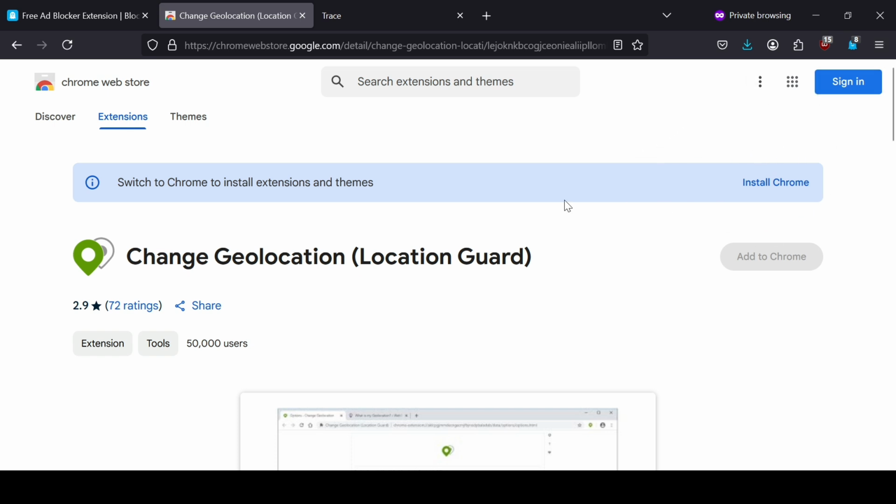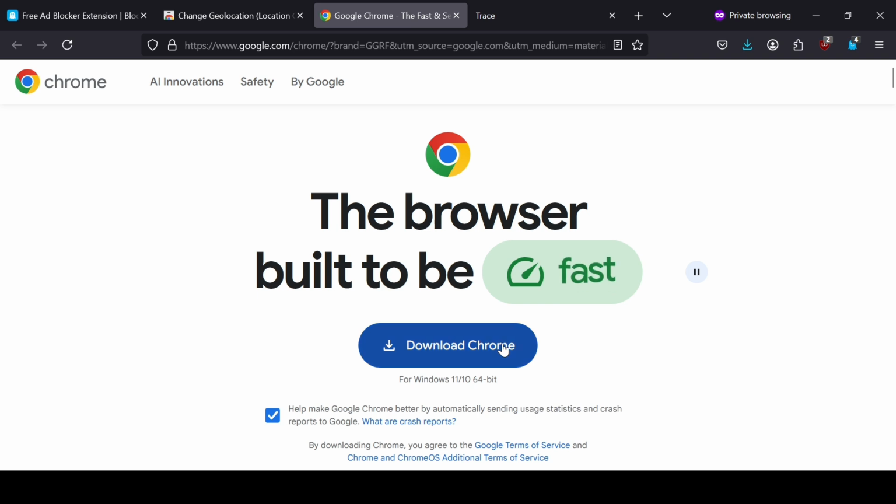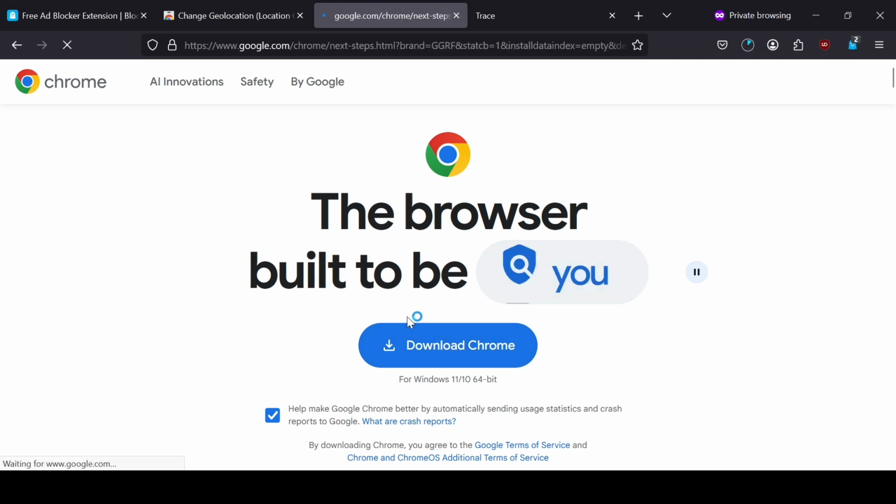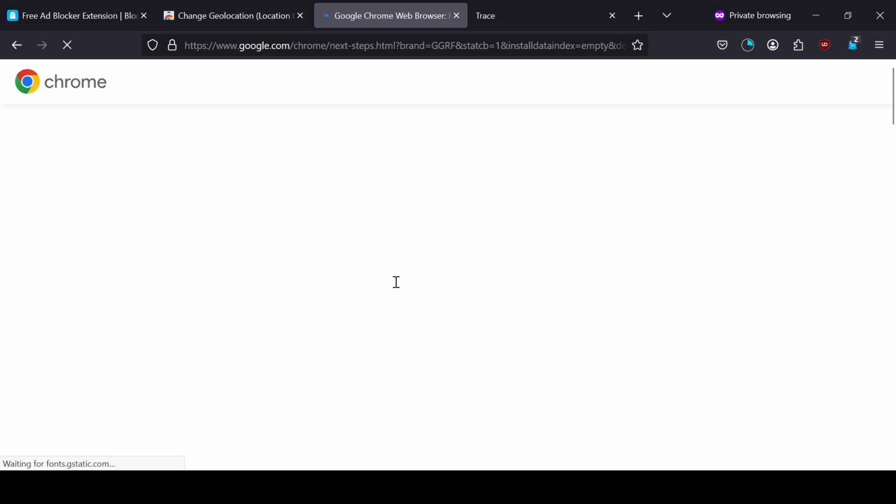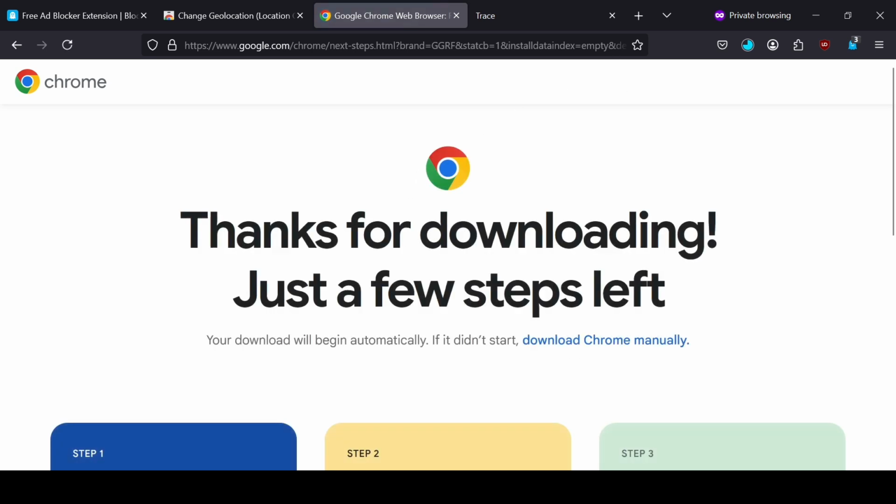So install this, add it to your Chrome, because we'll be using Chrome when we'll be creating this account. So you add this to your Chrome, but for now download it. Yeah. So add it to your Chrome. Still downloading.